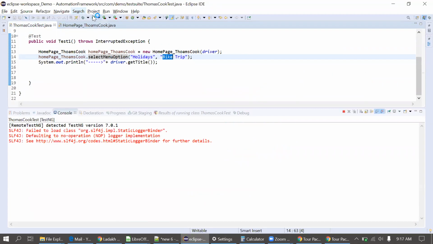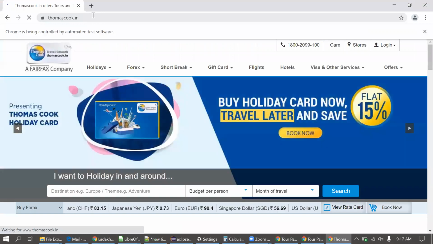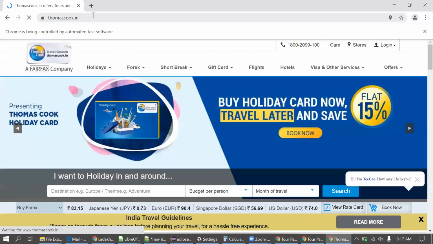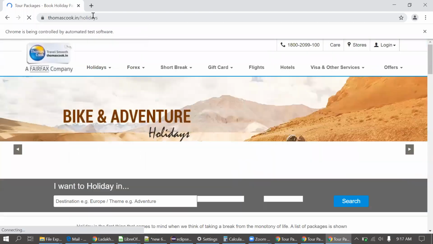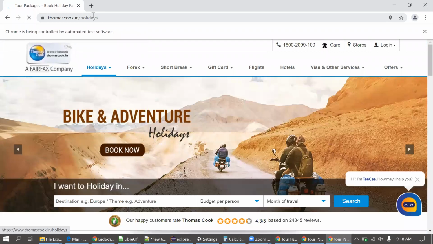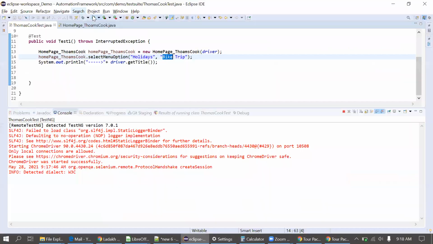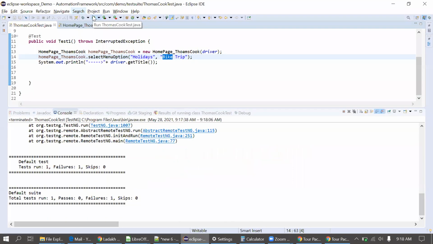Till that time, I'll use a hard-coded wait. I think the menu is getting closed immediately after the click.